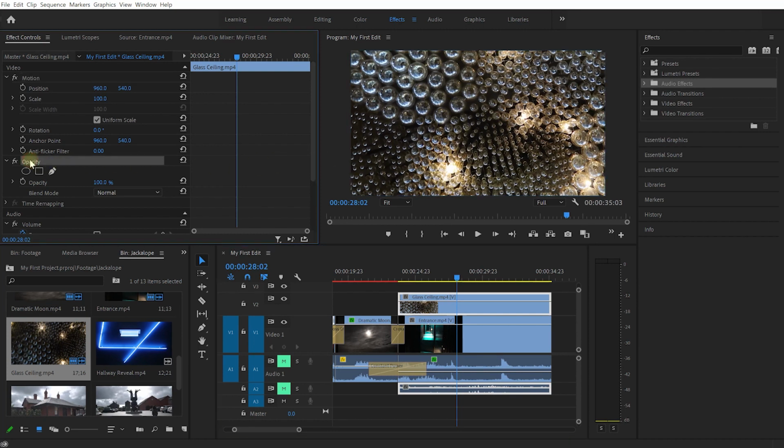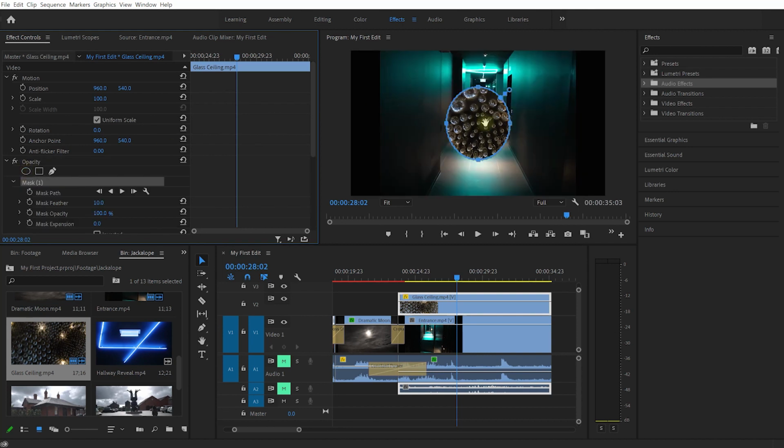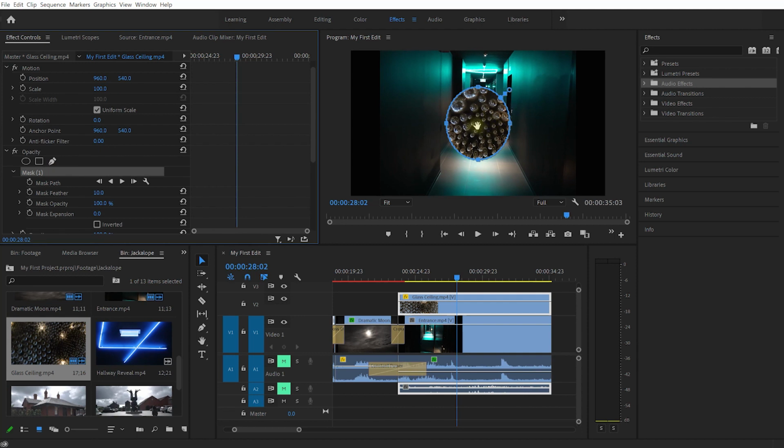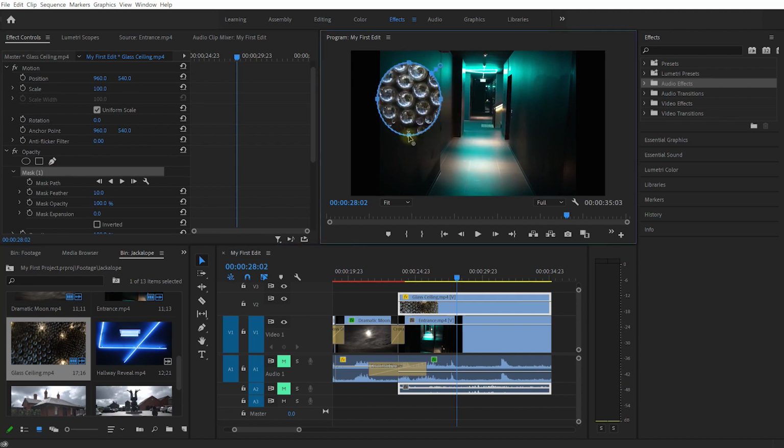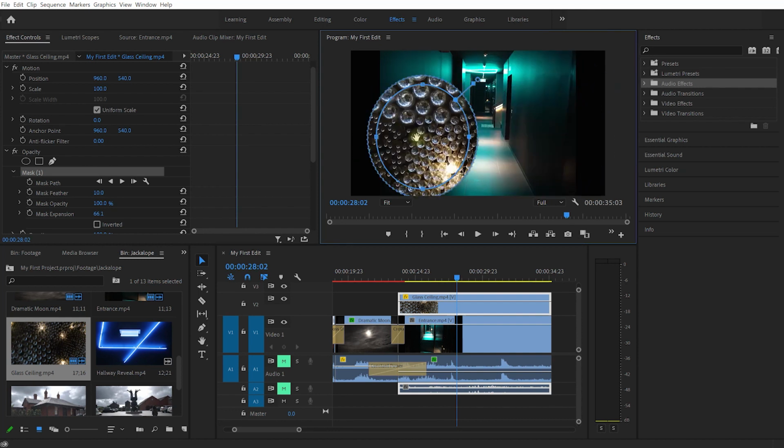Under the opacity category, you will find 3 tools: an ellipse mask tool, a 4-point polygon mask, as well as a pen tool. Now, if you click any of these, this will allow you to draw a mask on your layer within the program monitor to define where this layer is visible. For example, let's click onto this ellipse mask button. This is going to add an elliptical mask onto your opacity, and you can now, in the program monitor, click and drag this around. You can click the corners and drag this out. You could also scale it out a little bit,